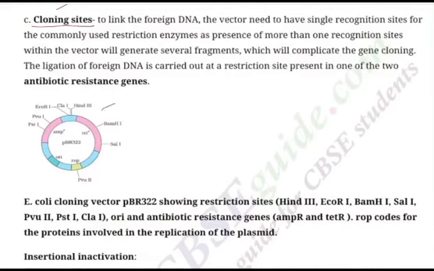Vectors may be of the following types, as we have discussed already. Plasmid: an extrachromosomal, self-replicating, circular, double-stranded DNA molecule. I'll repeat, what is a plasmid? It is extrachromosomal, meaning other than what is there in the chromosome. Self-replicating, it replicates itself. Circular, usually round. Double-stranded, two strands in the DNA molecule. It is found naturally in many bacteria and also in some yeast, like what you are seeing, pBR322, a very